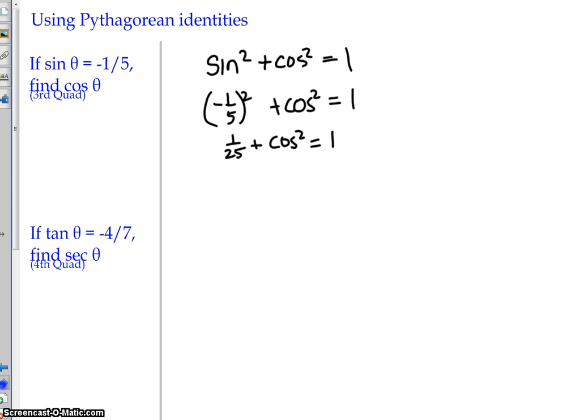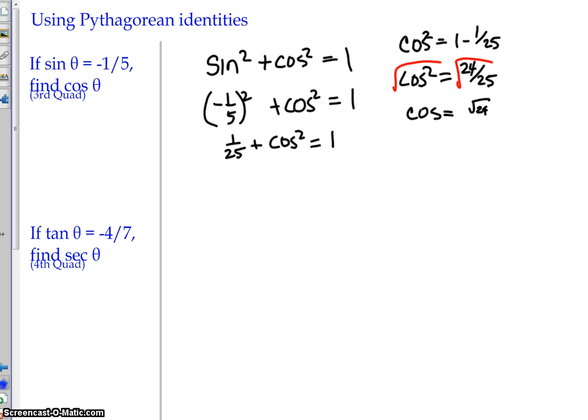I'm going to move over here. Subtract 1/25 from both sides. So cosine squared equals 1 minus 1/25 because we took away 1/25 from both sides. Well, that equals 24/25, is what my cosine squared equals. And here what I need to do is just take the square root of both sides. And so now my cosine would equal the square root of 24 over 5, because the square root of 25